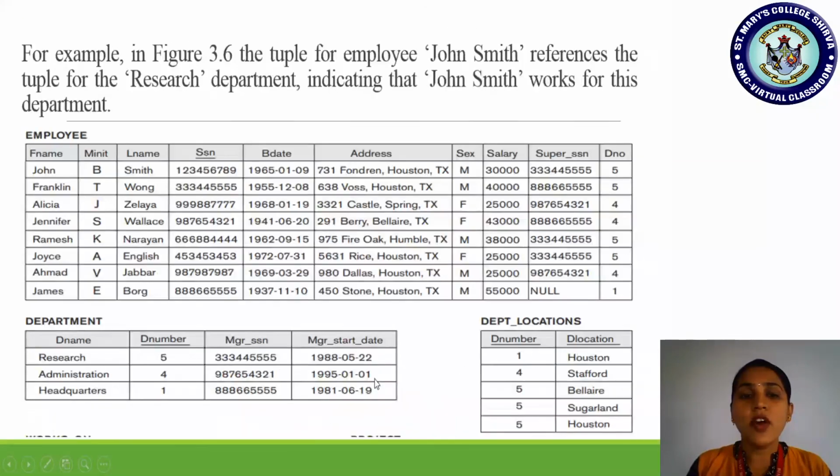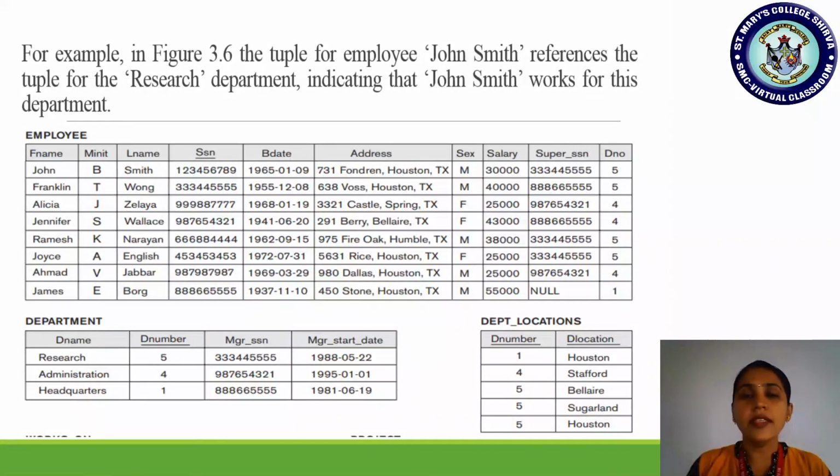So let me once recall this. There are two rules for a foreign key. If department number is acting as a foreign key in one of the relations, employee, then the department number, which is considered a primary key in the department relation, whatever data type is defined for department number in the department relation, the same data type has to be defined where? In the employee relation. Here also DNO should be defined with the same data type of specific length that is specified in the department relation for its primary key.